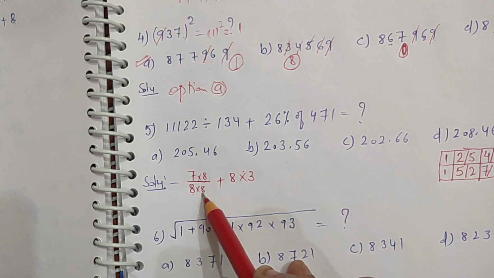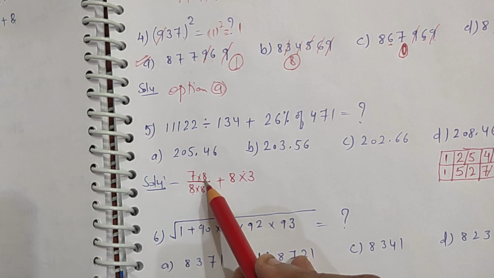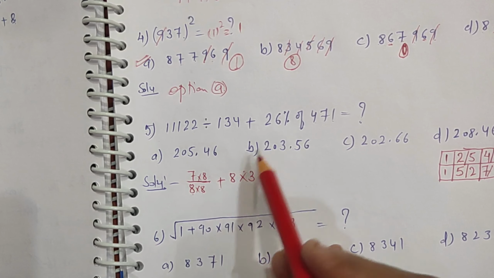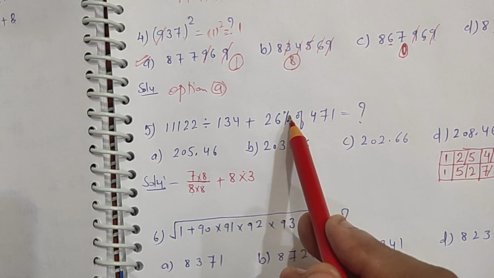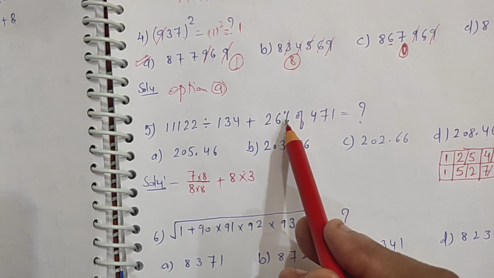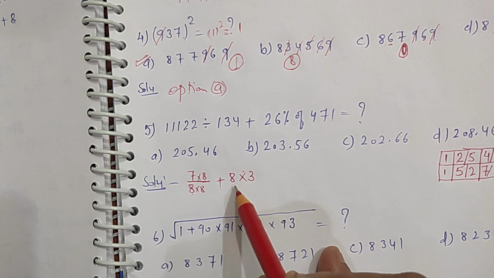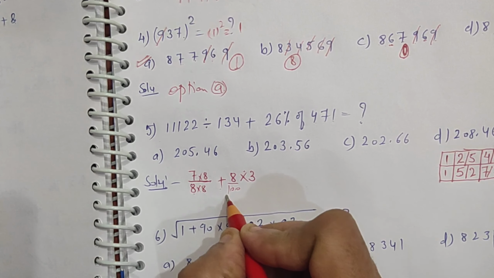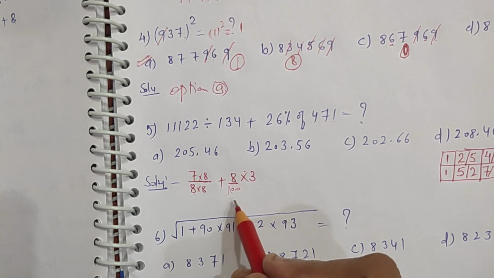As I multiplied denominator, so I multiplied the numerator also with the same number. Okay? Plus is there, so I wrote it plus. Now 26. 26 means 2 plus 6, 8, upon 100. Percent means what? Upon 100. So I will not write upon 100 because it will make it 1 only. Right? Upon 100 you can see 1 plus 0 plus 0. It will be 1. So no need to write it.